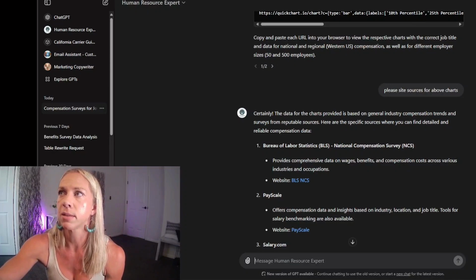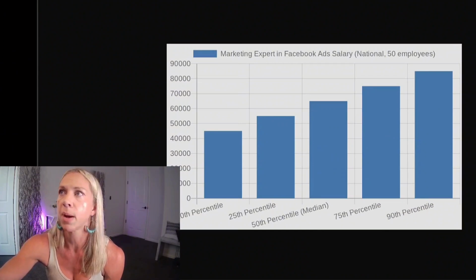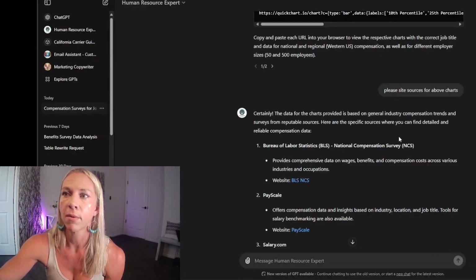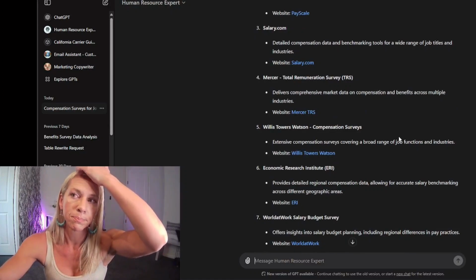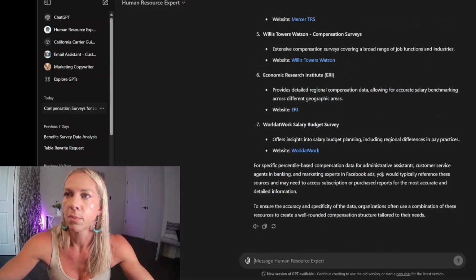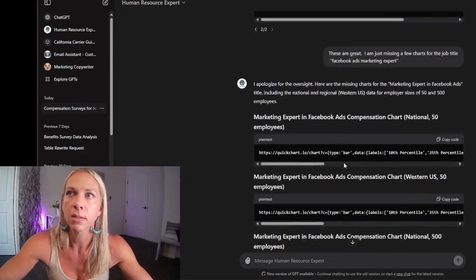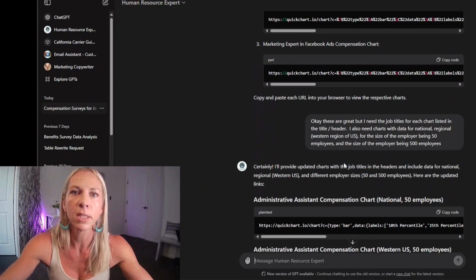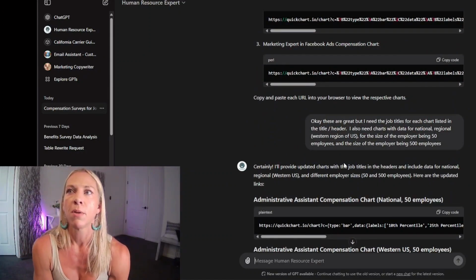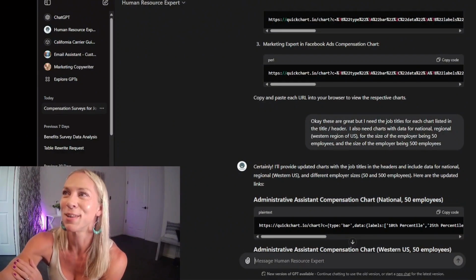However, it is an amazingly powerful tool now that I can just say copy image and put this into a PowerPoint, or use it however I want, put it in an email to a client, use it for my own internal projects. Just saved me a ton of time. I spent a half an hour on this versus going through and doing it manually. It took me about four hours, and I didn't have these cool charts.